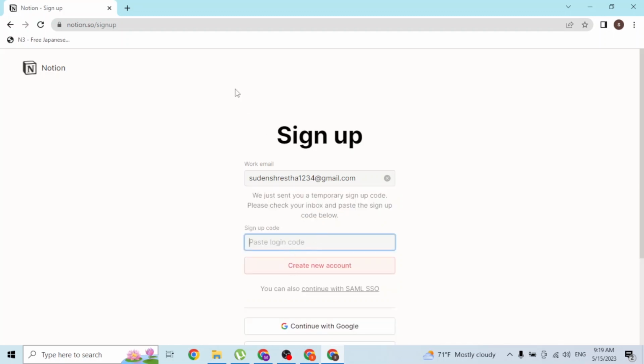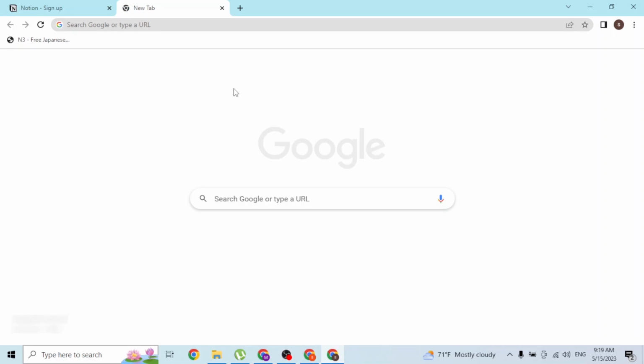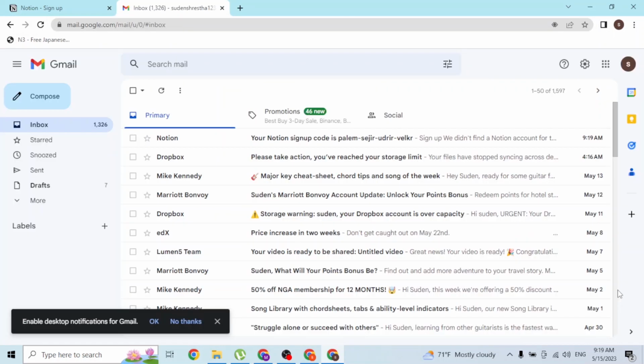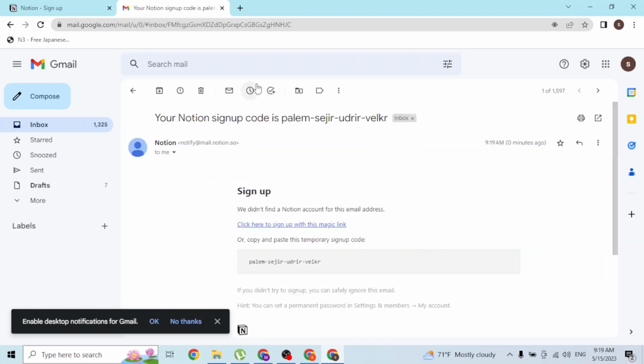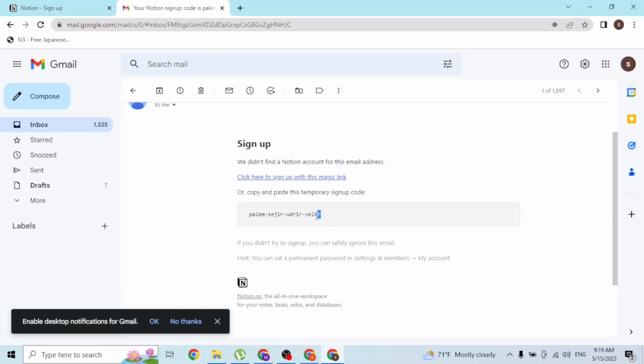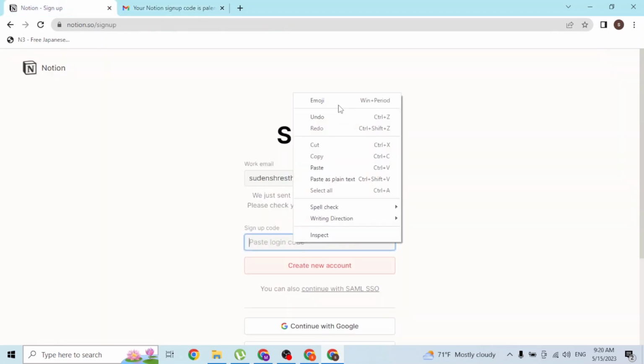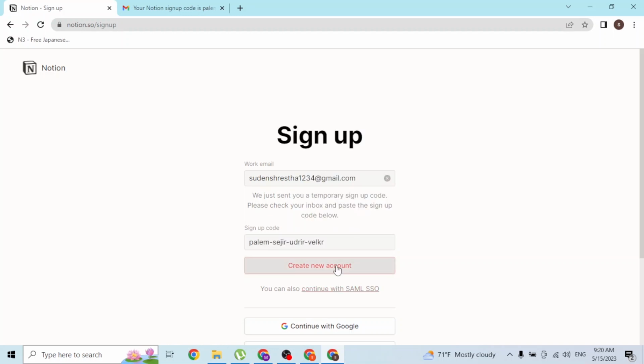and a code will be sent to you on your email. Go to your email address and receive that code. And over here, guys, at the top of the screen, you can see there is the email sent by Notion, and there is our code, and let's copy and paste it over here, and let's click on create a